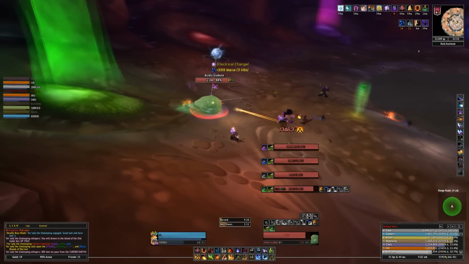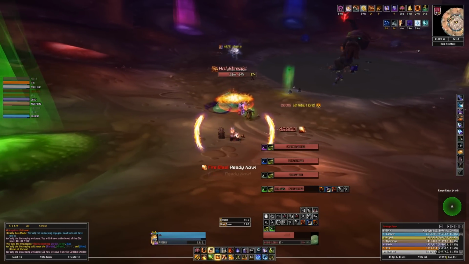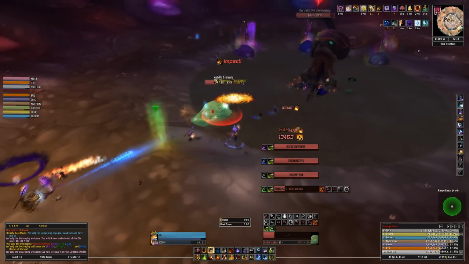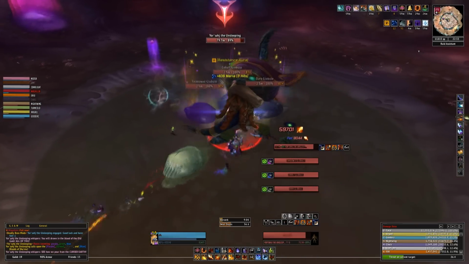The green is because you don't want to be spreading out, and if the green isn't up, you want to kill the yellow because it makes the boss do more damage overall. So the purple one, as I've said, it gives the healers a hard time,